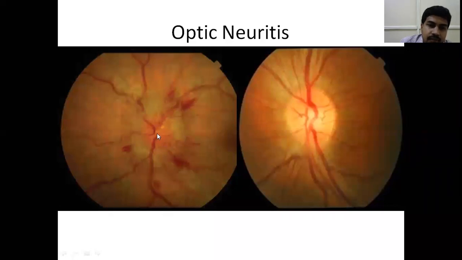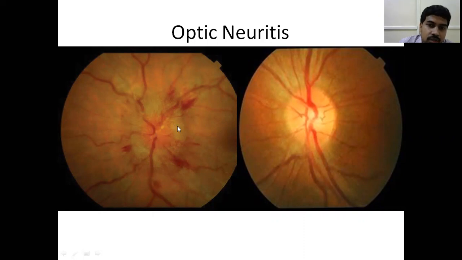Okay, and the disc is elevated. Here you can see the vessels are taking a bend. But here the vessels are almost straight. Here a small bend is there, but comparatively here you see the vessels are bending sharply. That means there is an elevation of the optic disc. So elevation of the disc, blurring of the margins. Here you can see the physiological cup, the white part is clearly seen, but here it is obliterated. So obliteration of the physiological cup, blurring of the margins, red discoloration of the disc, a hyperemic disc. Here you see the disc is pale pink in color, which is the normal color. Here it is red in color.